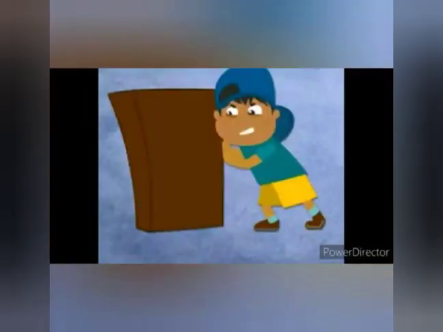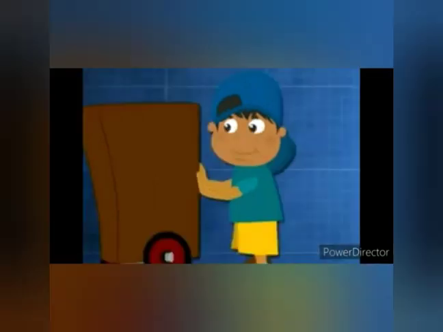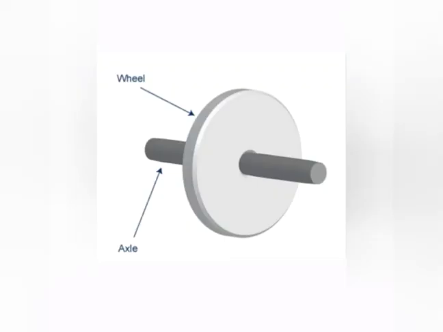Wheel and axle. When we have to move a really heavy load, we have to use a great force to push it. Wheel and axle solve this problem easily. What is wheel and axle? A wheel is a circular object which rotates about an axis called the axle. The wheel and axle together is a simple machine. They are fixed and move together.